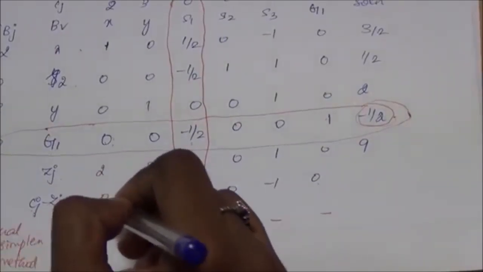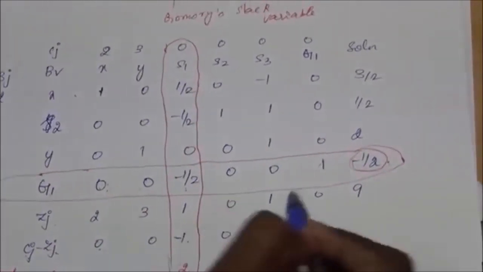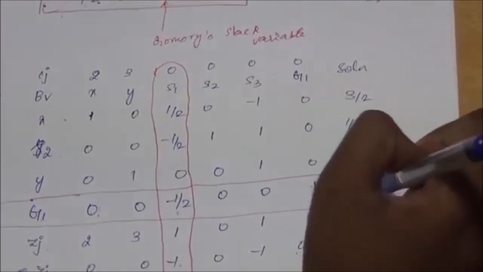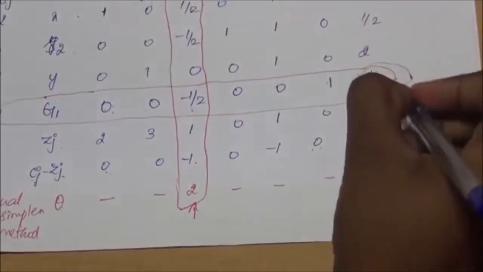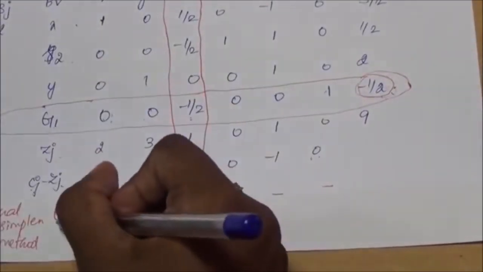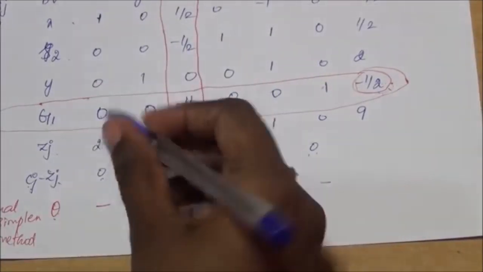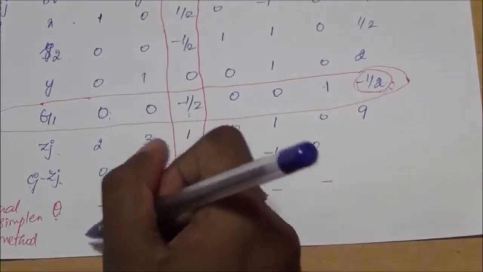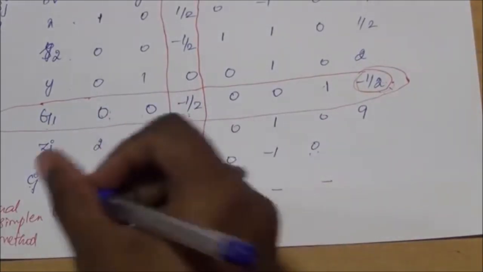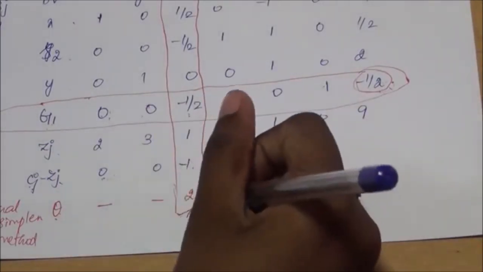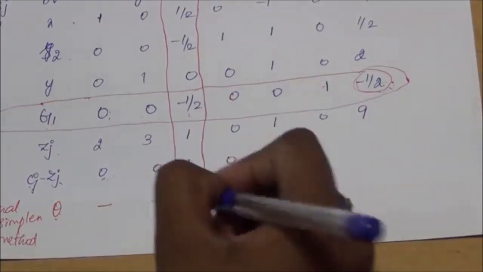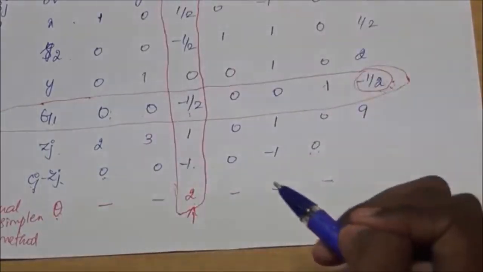Here we find all the Cj minus Zj values are less than or equal to 0, yet we find a negative value in the solution column. So we go for dual simplex method where we have to calculate the value of theta. Before calculating theta, we have to find the pivot row which is nothing but the least negative value. So this will be the corresponding pivot row, and we have to find the value of theta by dividing the value of Cj minus Zj with the corresponding pivot row elements. 0 by 0 is 0, but we should not consider that for our selection, so we put it as dash and we have to find all the values, and in that we have to take the minimum value. Here we are left with only one value, so this will be the corresponding pivot column.